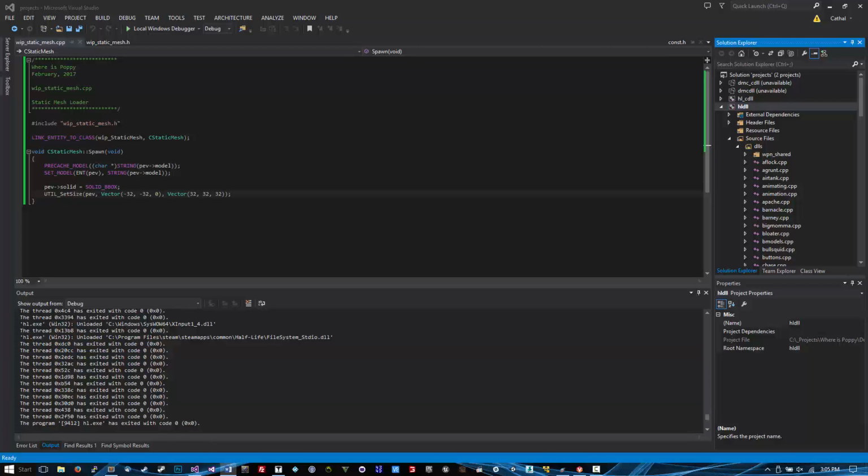there is a bit of a better written up example of how the collision system works inside Half-Life, but I'm not really going to touch on that through the video tutorial because it's kind of hard to explain, but you can read it up through the PDF that's going to be included with this, or the written tutorial on this site. Basically all you need to know is that it's an axis-aligned bounding box, which means that